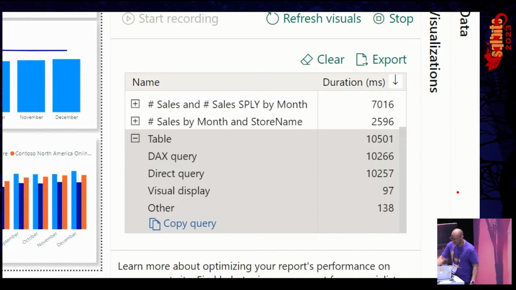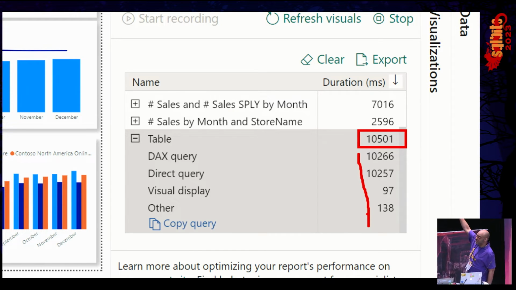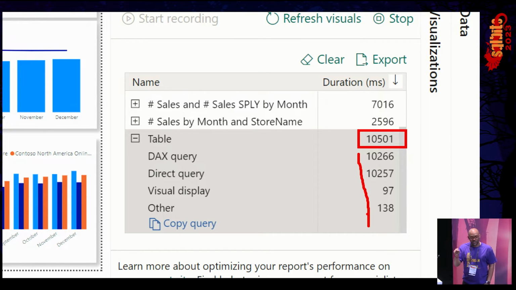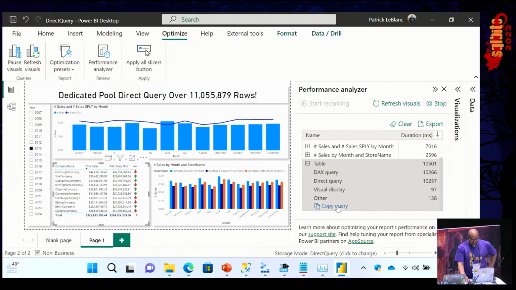It's not true. If you look at this number right here, Adam, and add those numbers up, it's a little bit more than 10 seconds, right? And so the DAX is so high because it's waiting for that query to finish. It's just waiting. So really, the way this should look is the direct queries indented under DAX. Or maybe just subtract the two and only show that for DAX. I don't know. But anyway, you can see, but if I copy this query, what I want to show you is...